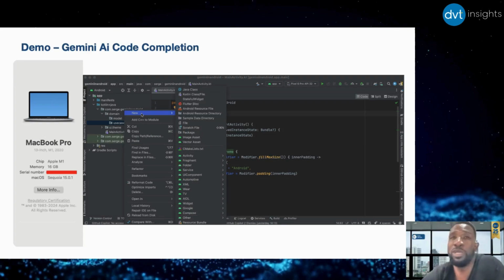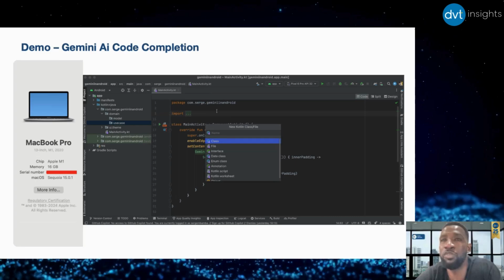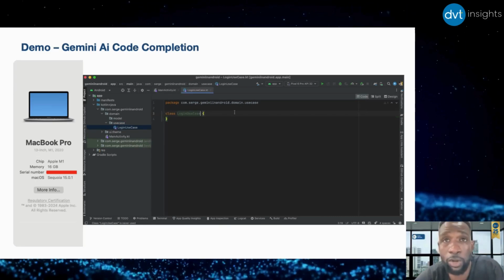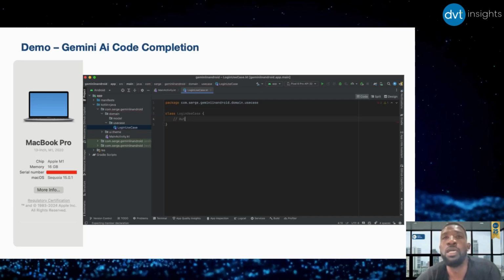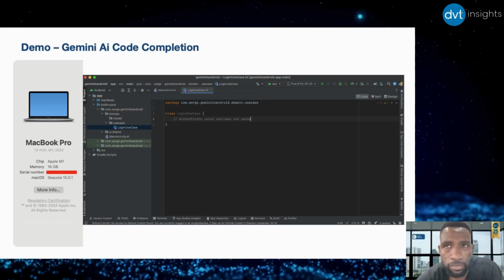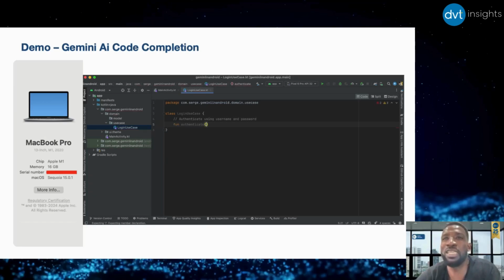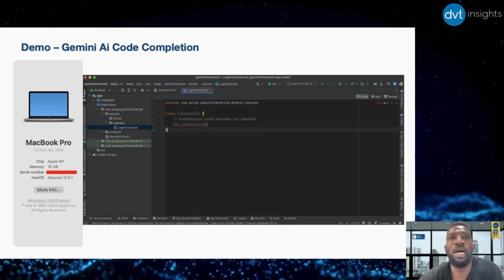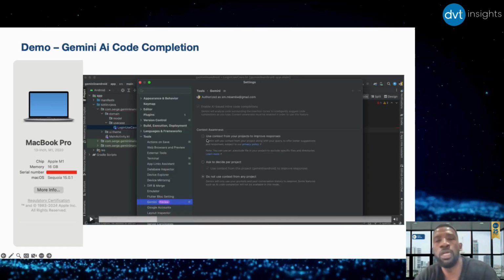I'm going to repeat the same exercise, and then we're going to have kind of a side-by-side view with what we had just seen with code completion on Xcode. So same thing, I create my login use case. Again, I bring my similar comment here, authenticate using username and password, and then I expect it to complete. But I'm sitting there chilling and hanging. Nothing happens. And guess why? Important thing here, first stop.